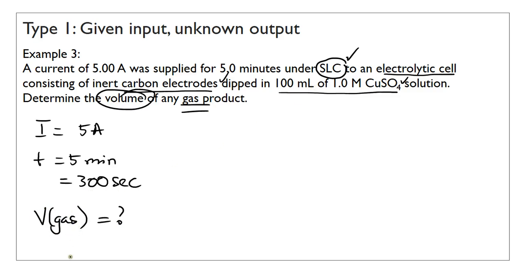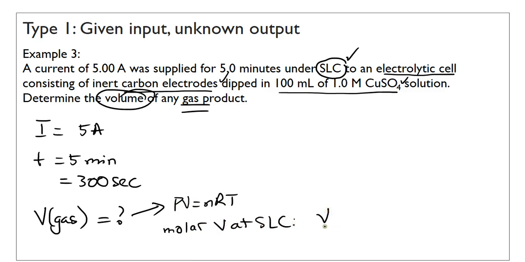When you see gas and SLC and volume, you should think of either the universal gas equation, which is PV equals nRT, or you can use the molar volume at SLC, which is V over number of mole of gas equals 24.5 liters for 1 mole. So this is the molar volume, or the ratio between number of mole of a gas and its volume at